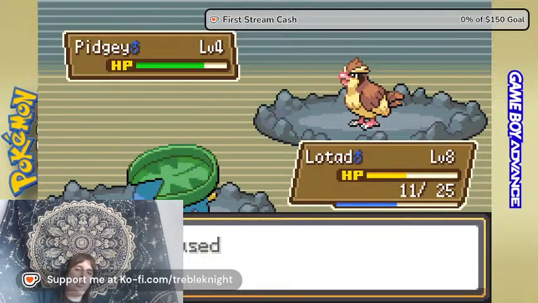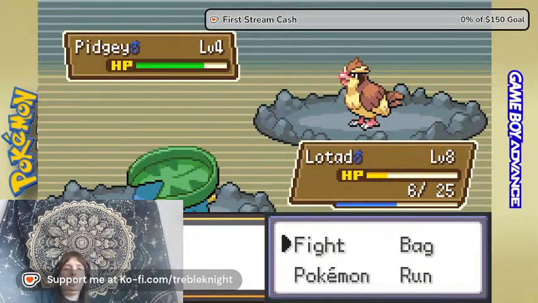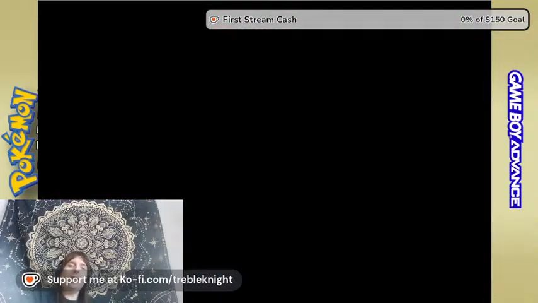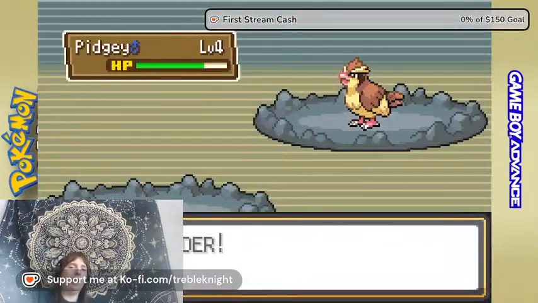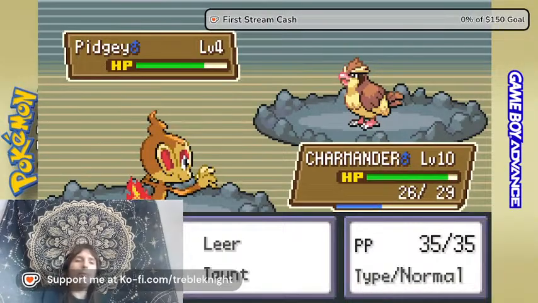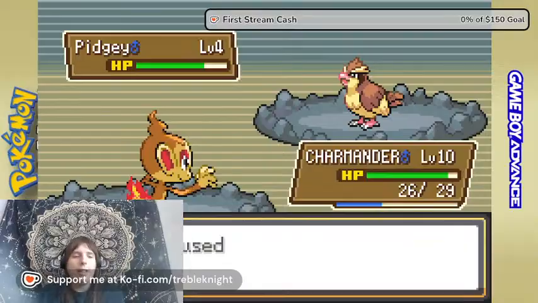Should probably switch over. I'm glad Pidgey doesn't have a grass type move or a flying move. Oh, hey, look at that! We got our first pickup item. I'll have to grab that when this battle's over. Oop, I did not mean to bump it.